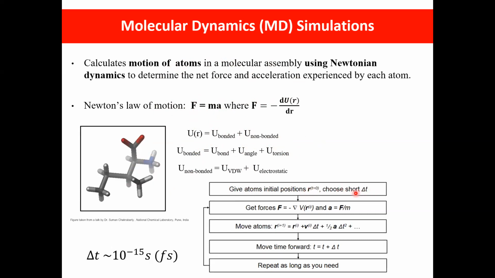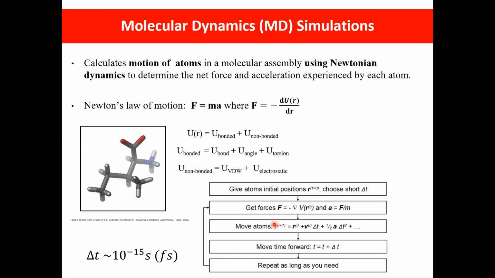Then you choose a small time delta t. Now the whole idea is that once you know the acceleration, you can integrate it over a certain time period to get the velocity, and then you can further integrate the velocity to calculate the next position. And there are various methods to calculate the successive position from the knowledge of the acceleration. Most of the molecular dynamics programs do the same thing. They first calculate the force experienced by each of the atoms, and then they calculate their successive position, and then you keep doing the calculation